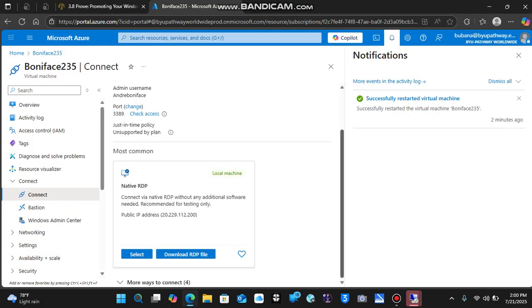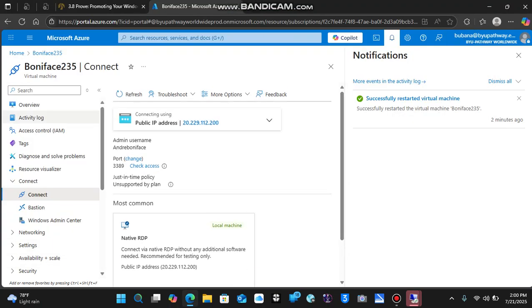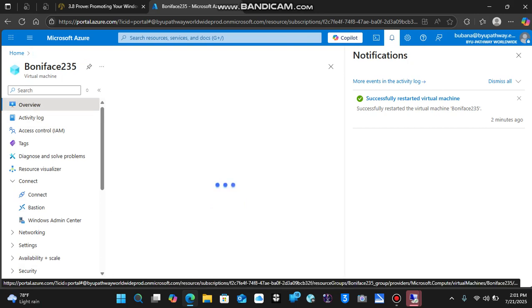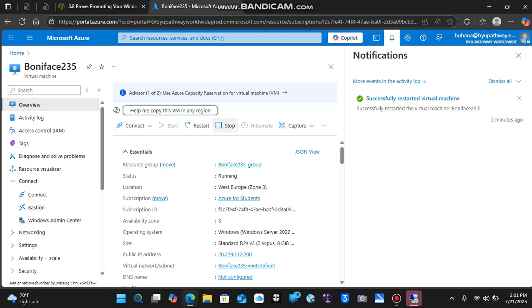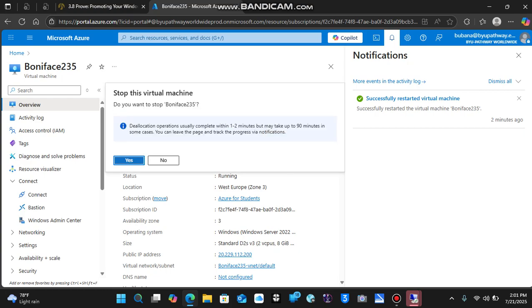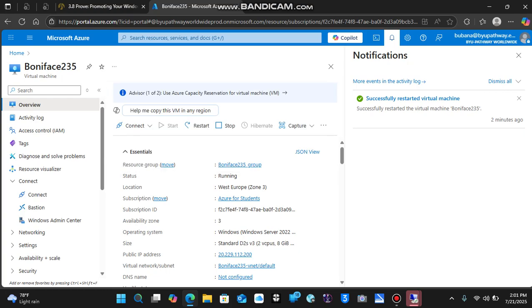So since I've made these changes and I've confirmed that everything is working, I'd like to stop my virtual machine in this